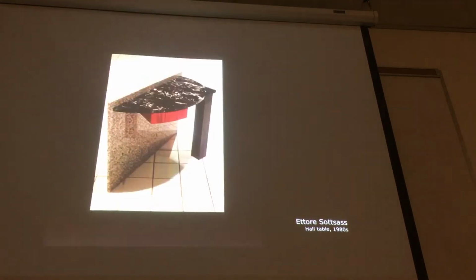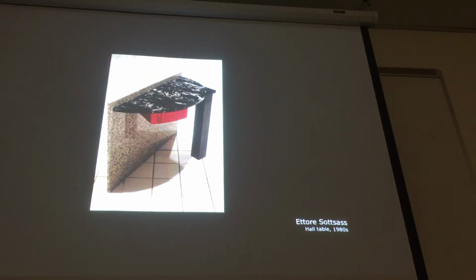So in the case of Ettore Sottsass, he turned this into not just, I'm doing it because it feels right, but because he wanted to make a statement. The thing about these pieces of furniture, this hall table that he designed, is that although this looks like it's made out of marble and granite, it's not. It's actually made out of formica over plywood. Formica is a plastic that is bendable, and you just glue it down onto plywood or onto a wood surface. It's like a veneer. And it comes in all kinds of different finishes.